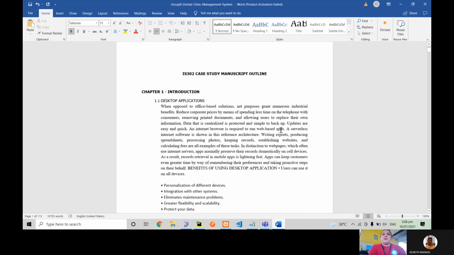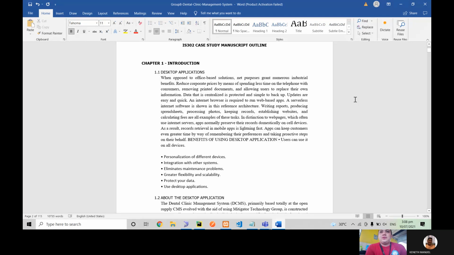Chapter 1, Introduction. Desktop application, as opposed to office-based solutions. Desktop applications grant numerous industrial benefits. They reduce corporate costs by spending less time on the telephone with consumers, removing printed documents, and allowing users to update their own information. Centralized data is protected and simple to back up. Updates are easy and quick. An internal browser is required